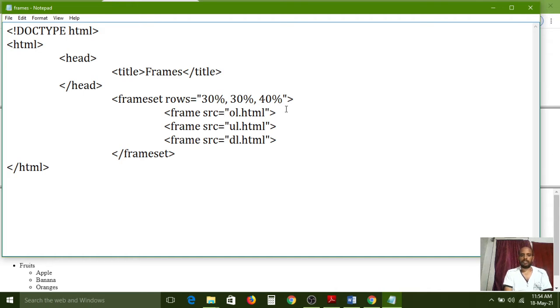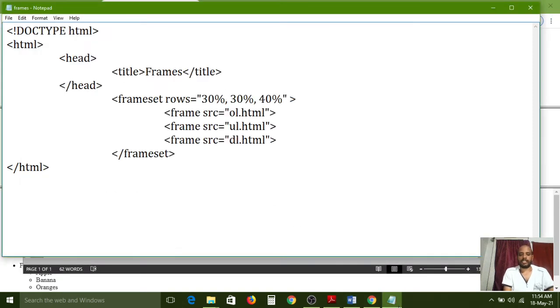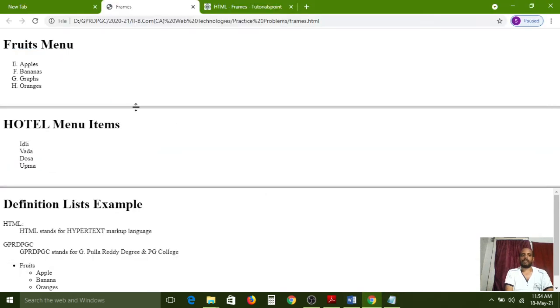Now the third attribute is border. Border equal to 5, I gave a number 5, so a 5 size border can be applied here. I am refreshing the page.